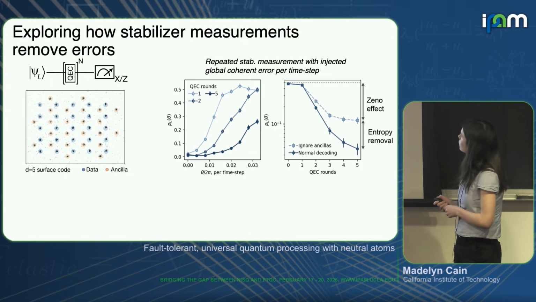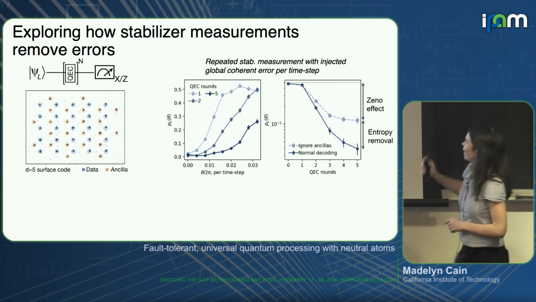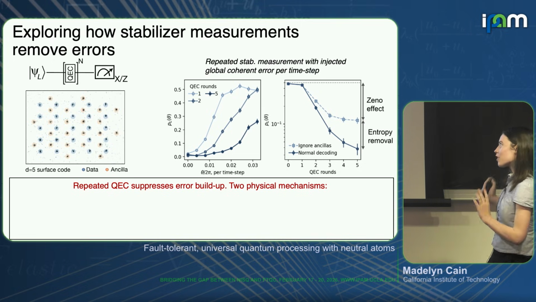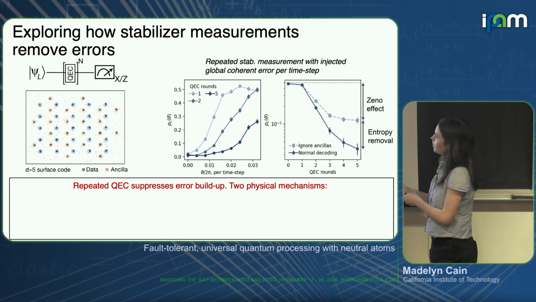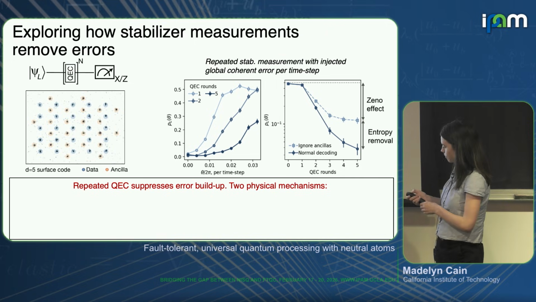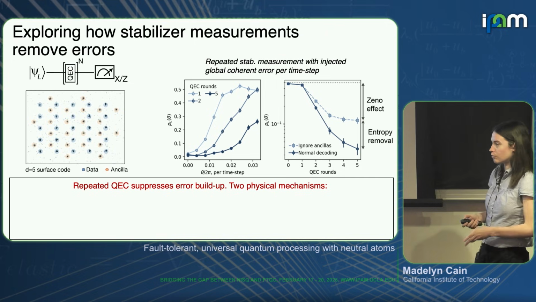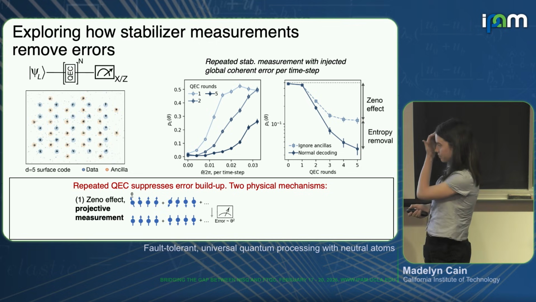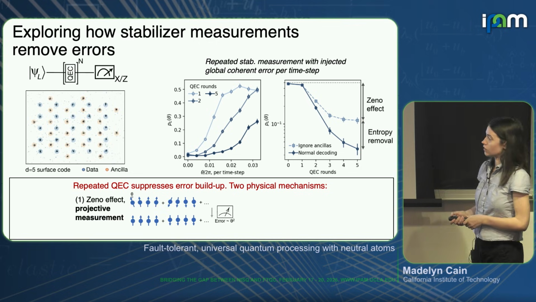So how can we understand this observation, that as we do more stabilizer measurements, we lower our logical error rate? There are actually two physical mechanisms that lead to this observation. The first is the Zeno effect.